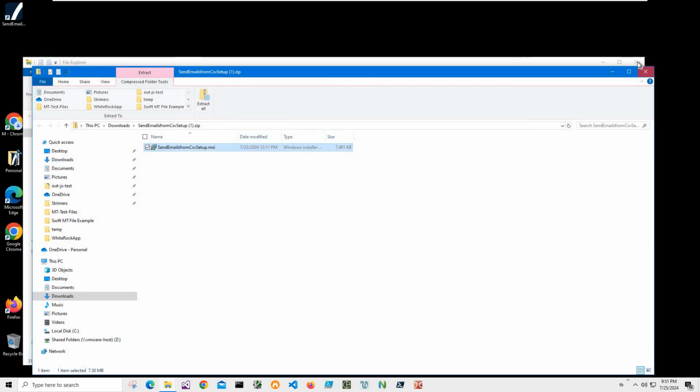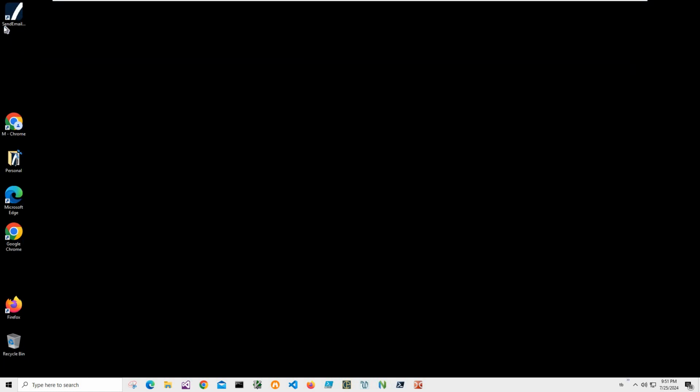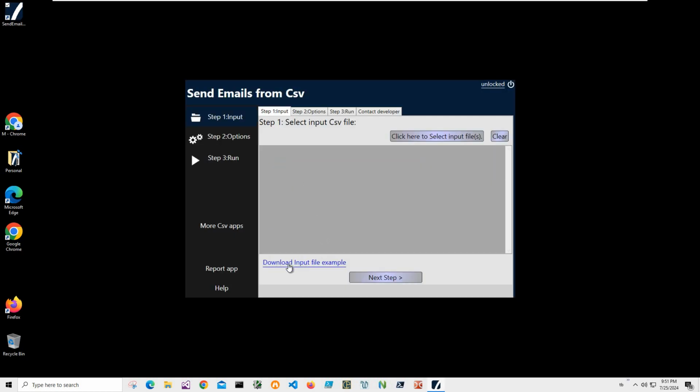Now I can close this and this and this, and you can see I have a new application, Send Email from CSV, installed on my computer. I have a new shortcut on my desktop. Now I double click on it to open it. There is a link where I can download an example CSV file if I want to,